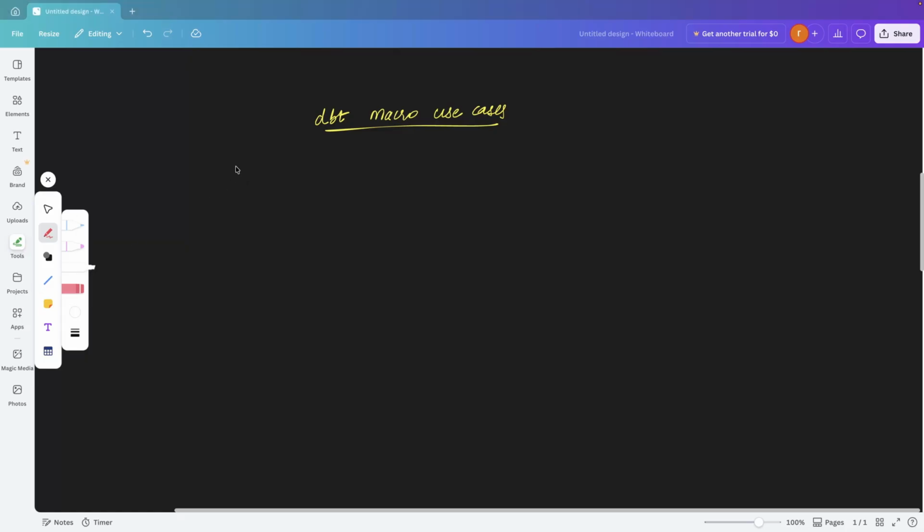So the first use case is in standardizing the transformations. Now what does this mean? In DBT we have to apply transformations, and on string columns especially, most of the time what we do is when we get a string, we try to convert it into lowercase, then we trim it, and then this is our final output. Now if you have, let us say, 50 data engineers working in your company,